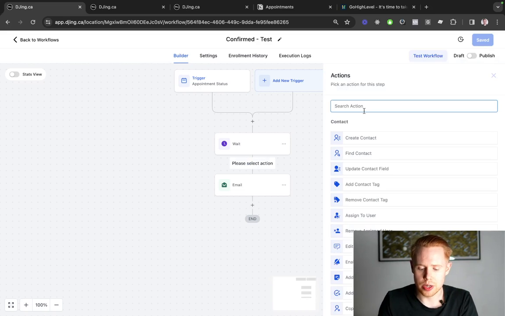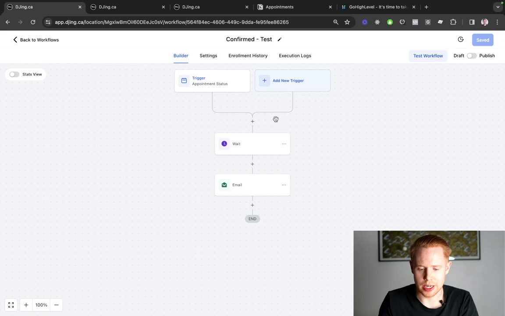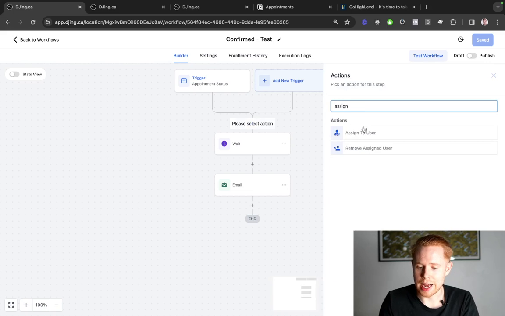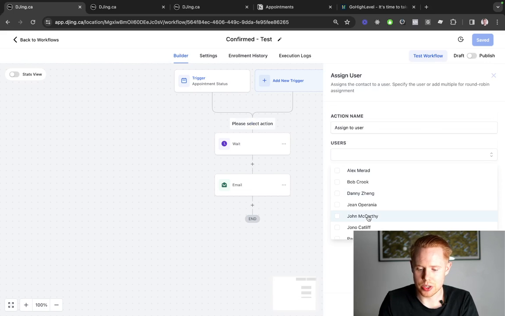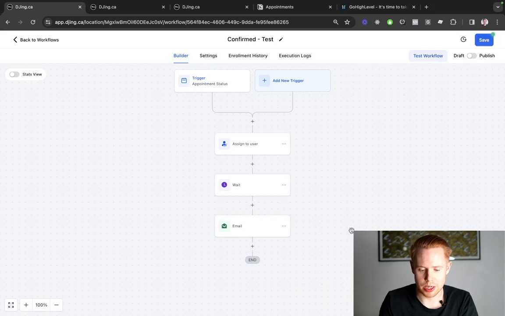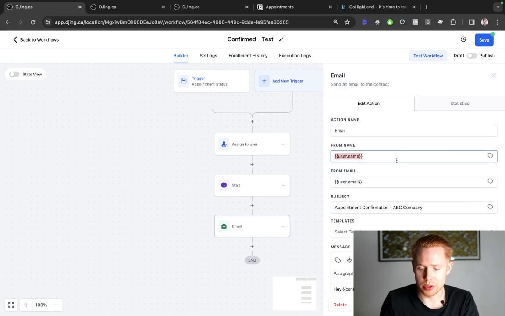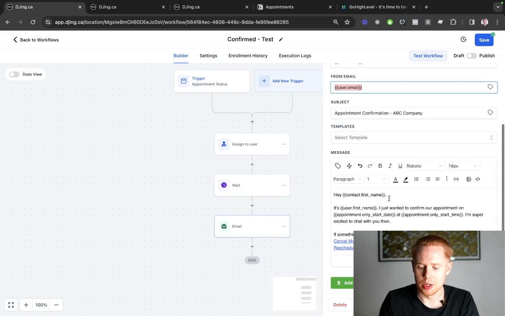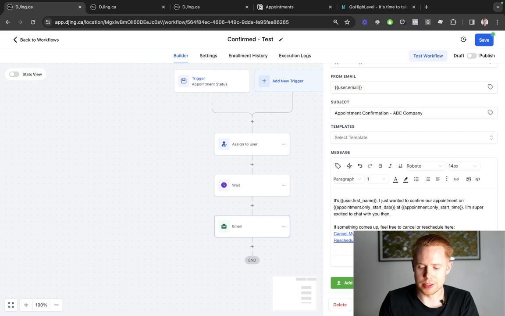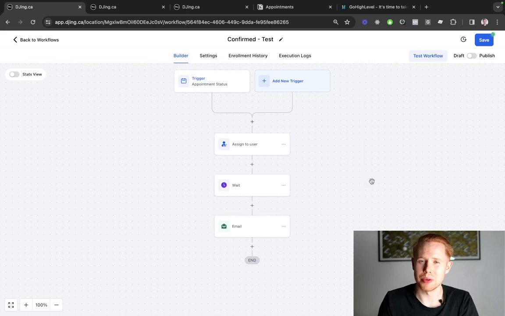And also one other thing here is that we can just assign the user. So if it hasn't been assigned to somebody, you can just go ahead and assign it to yourself and make sure only apply to unassigned contacts. So if nobody is assigned for that contact, you can assign yourself or somebody else, and then the person you assign it to will come through with their name, with their email, with, you know, all of that kind of stuff. So that's just going to make sure the workflow is bulletproof so that you're not sending emails to